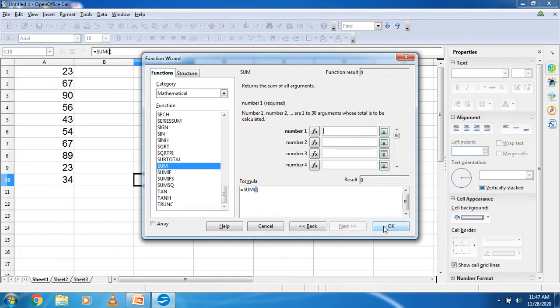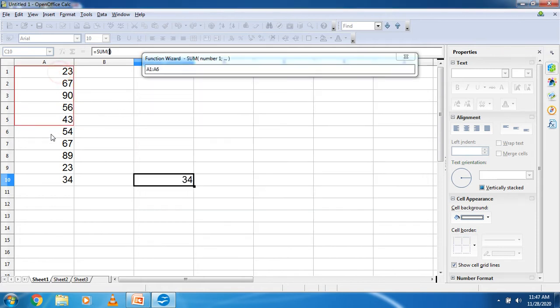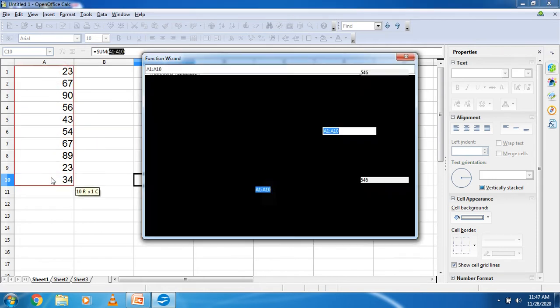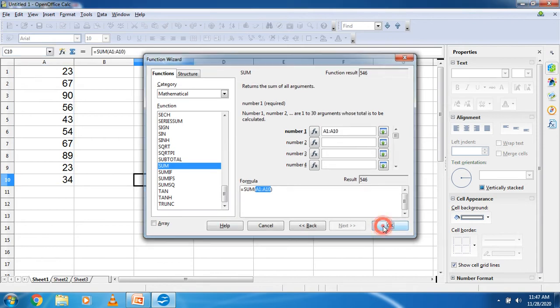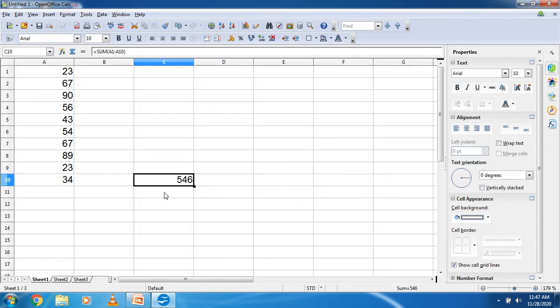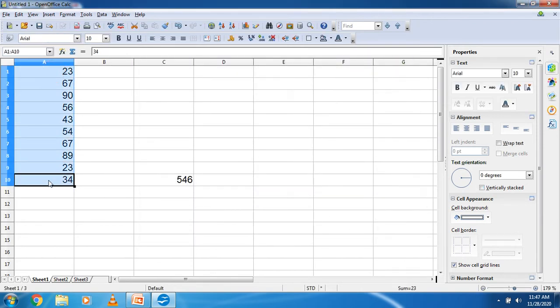Next, I select the numbers from here to here, and press OK. So I will get the total, 546. So this is the other way, students, where you can get the sum of the numbers.